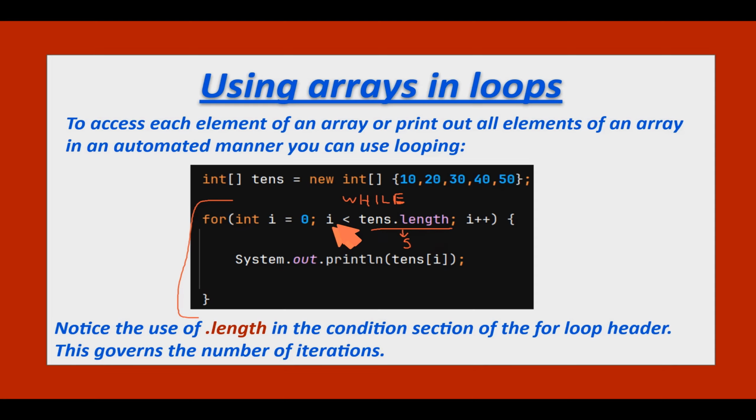So while i is less than the length, i++, meaning of course you're just going to increment or add 1 to i each time. This is how you set up the for loop header. So it's going to loop 5 times in this scenario, and then what is it going to do? It is going to simply print each element. And what we have here is what is sometimes called variable indexing, where we're indexing into the array using a variable,